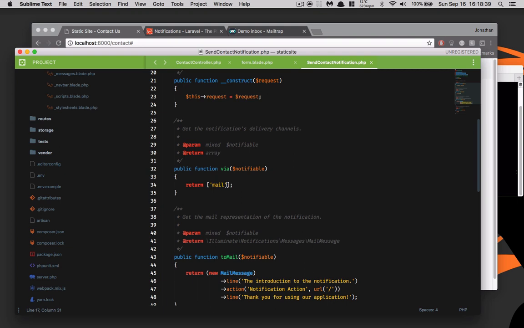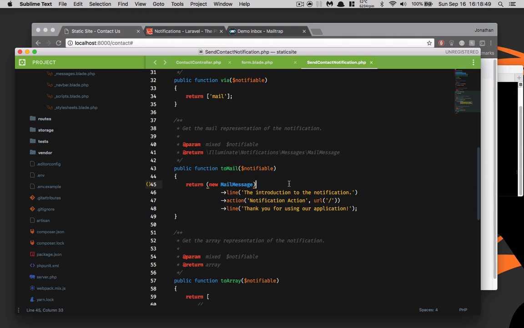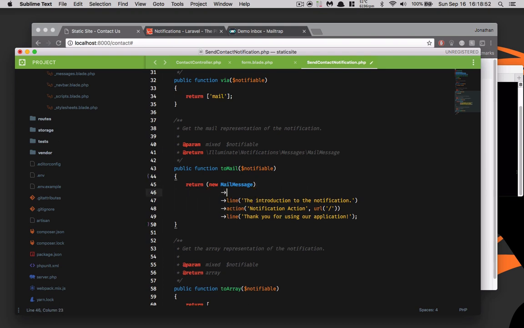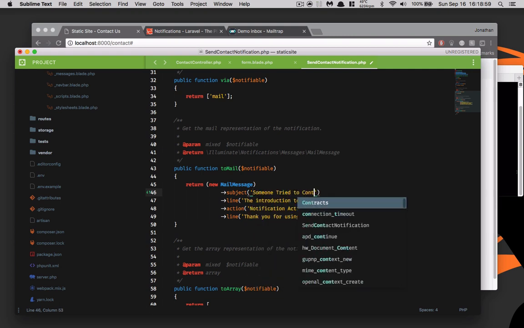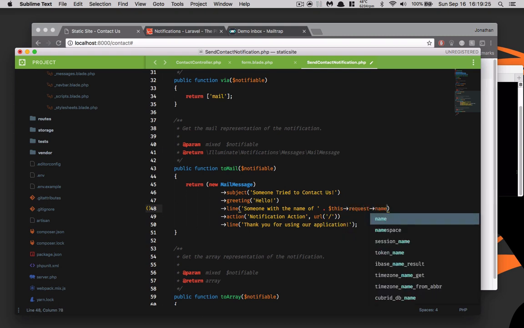We're going to use the mail, via mail. We're not going to use Nexus or whatever in order to define the SMS or anything like that. So the first thing that we're going to do is we have a couple of different things. We're going to have a subject, and the subject is going to be someone tried to contact us. Okay, and the next thing is going to be greeting, and the greeting is going to say hello, and then the line is the introduction to the notification. Right, so someone with the name of, and then we're going to put this request name,